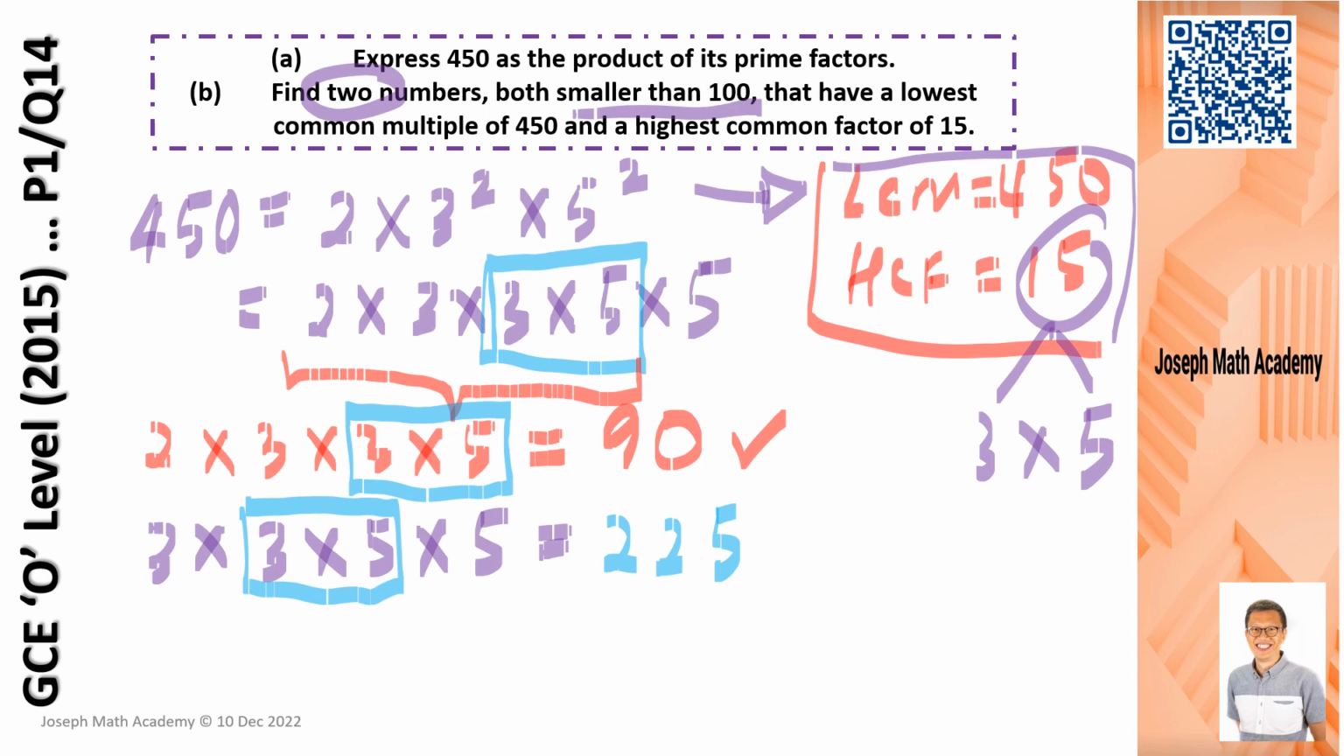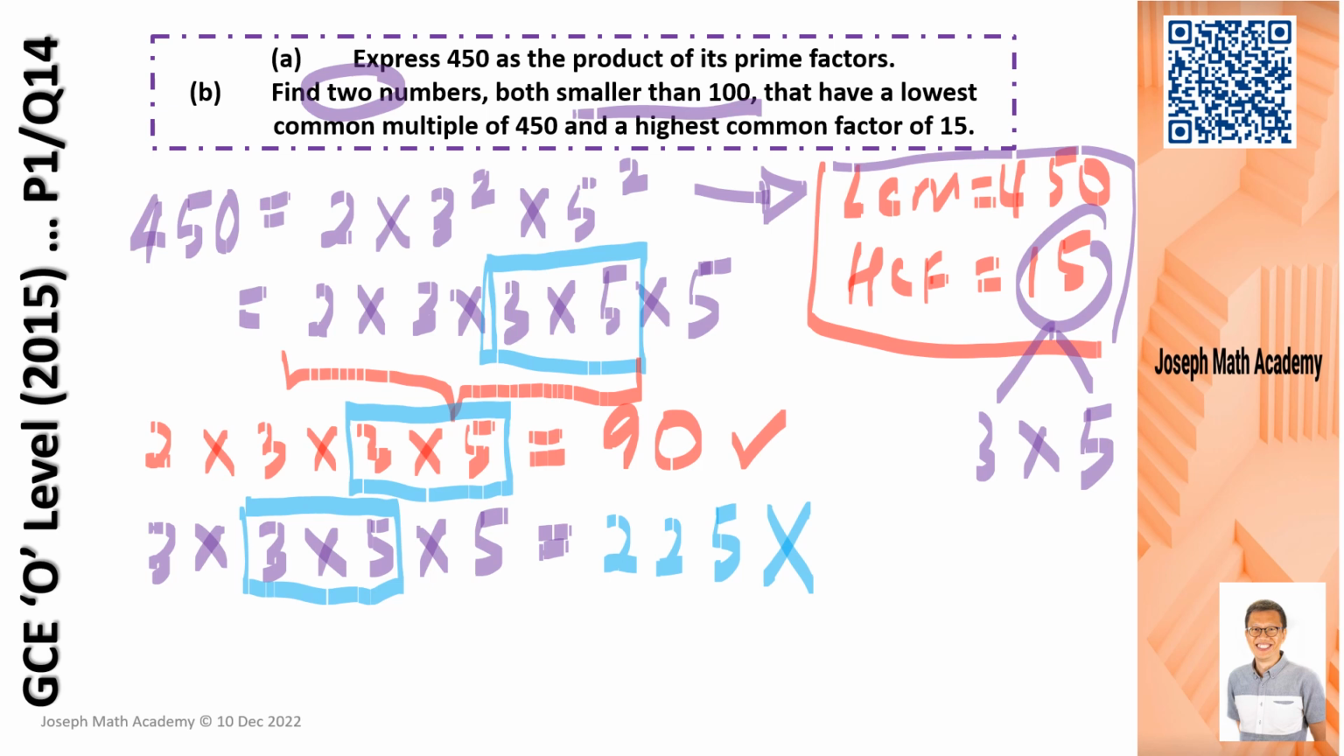Okay, 225. Now, this 225 is more than 100. So this guess is out. Cannot. We are not allowed to have that number. So we cannot have double 5. Okay, so since we can't have double 5, then we'll have double 3 and we have double